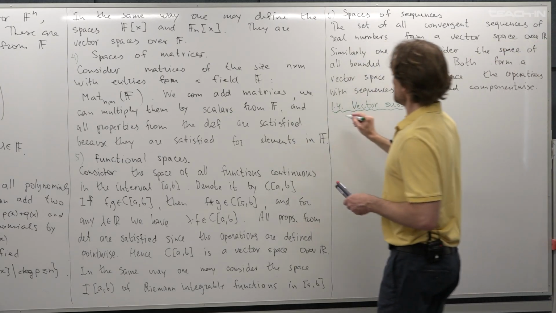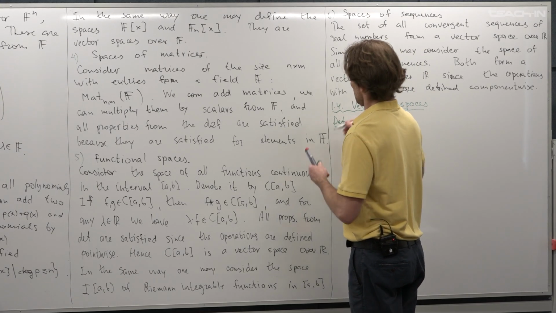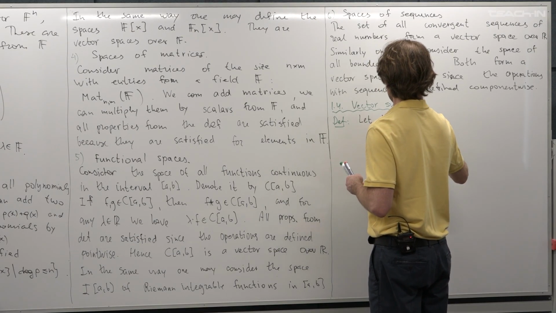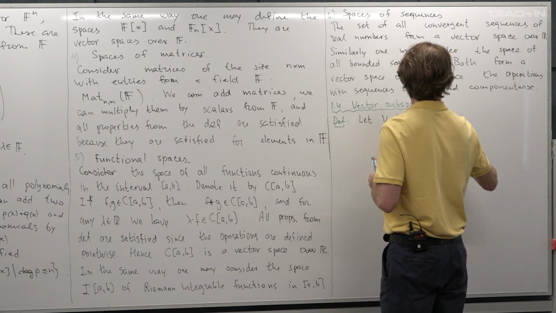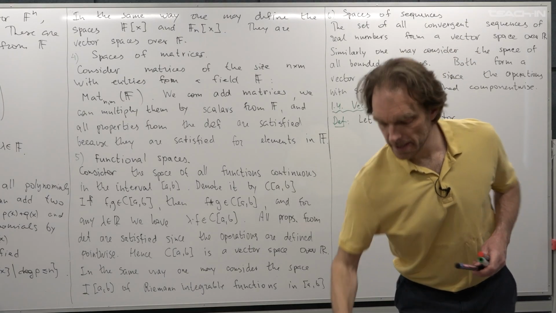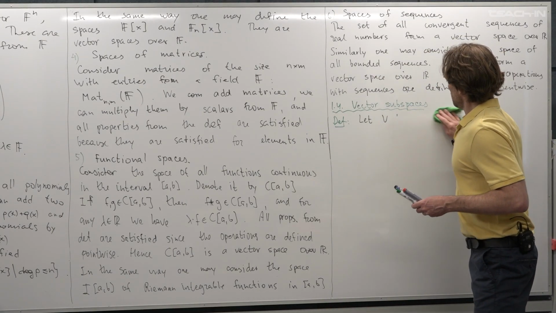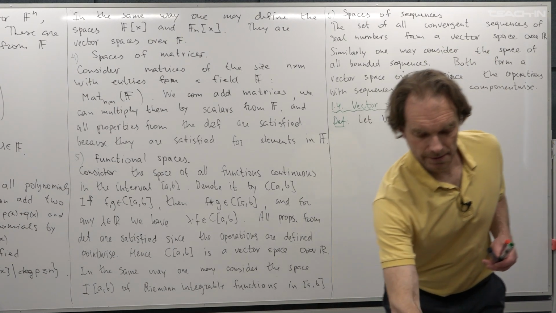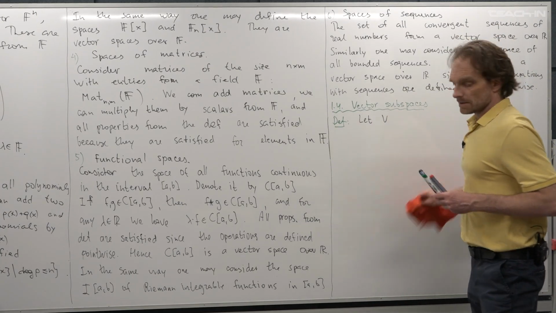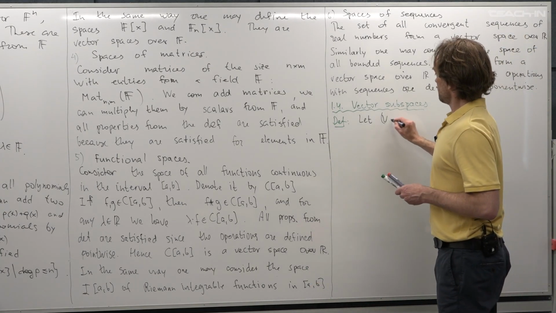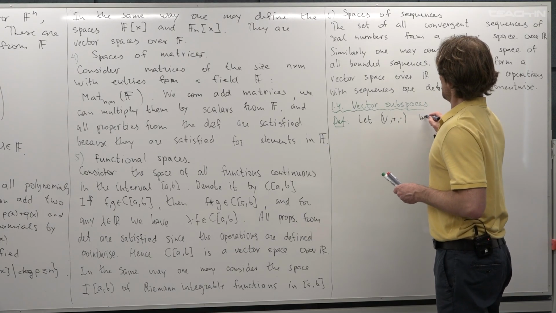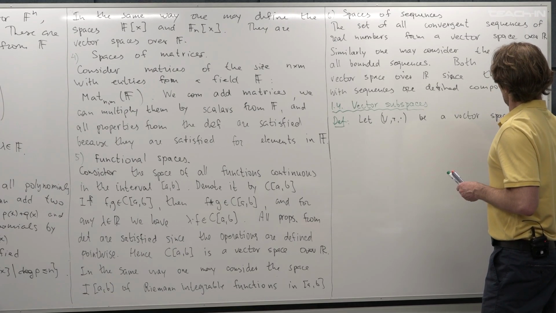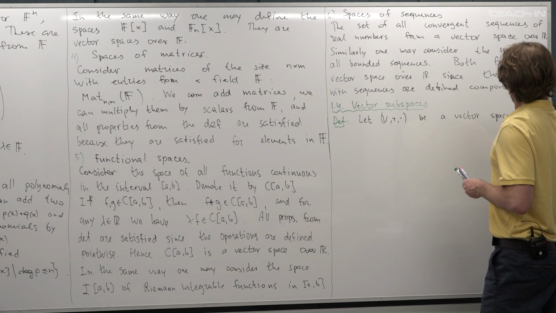So we will start with the definition. Let V be a vector space, or maybe I'll better say not V, but the triple, because I will need to specify the operations in this vector space. So let (V, +, ·) be a vector space over F,